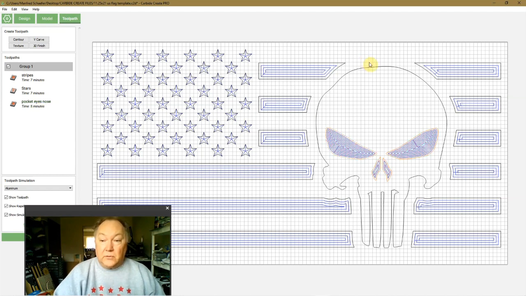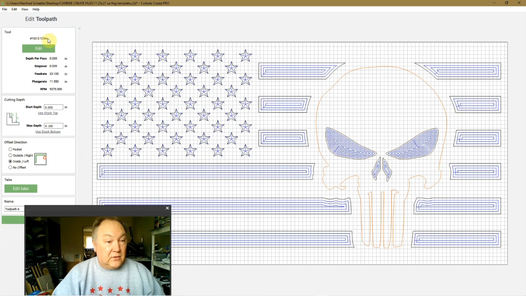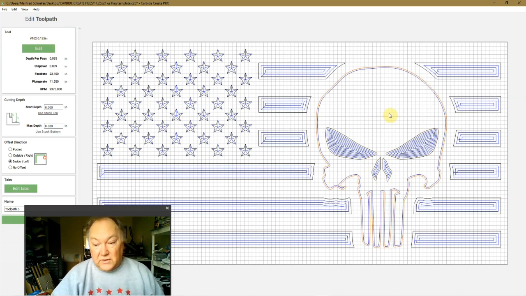Now we go and highlight the outline of the skull. And we click contour. Now, like I said before, I'm going to use the 1/8 inch bit, so I can do everything here with the 1/8 inch bit. When it goes to setting the G code, I can cut this all at once, but there's just one problem with that. Carbide Motion, when you do that and you need to,